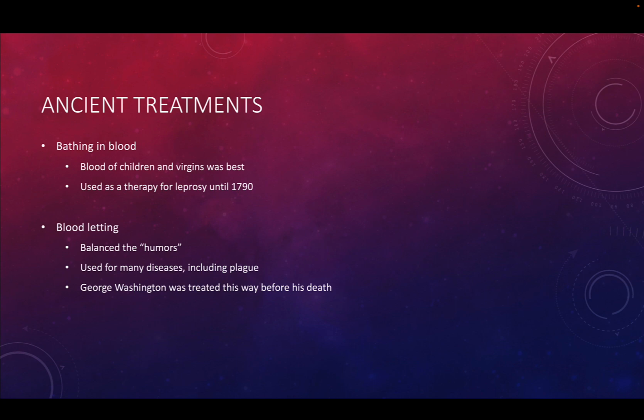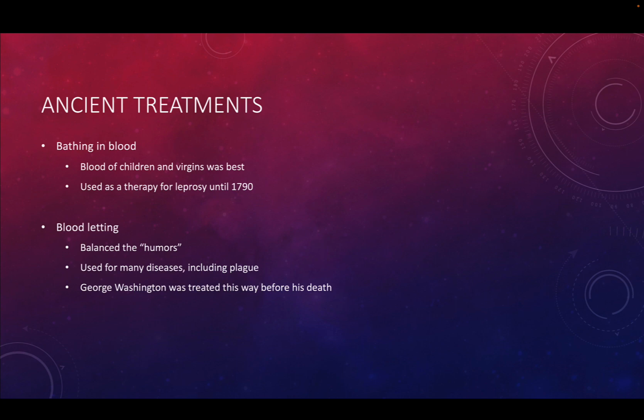Without antibiotics, it's interesting to think about how ancient people treated disease. Now, if you have an infection, you go to the doctor, you get some antibiotics, you're good to go. You go to the hospital, you get some fluid replacement, you're good to go. So what did they do when that wasn't an option? Well, one thought was that you could bathe in blood. These diseases were thought to reside in the blood, and if your blood was bad, they might be in there. If you use good blood, perhaps you can help clear out the infection.